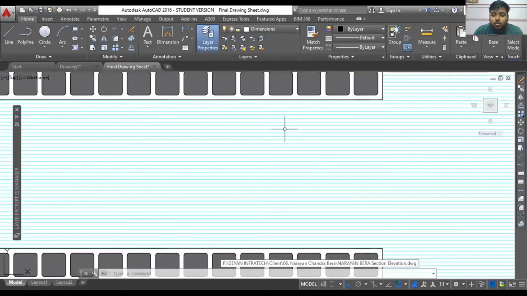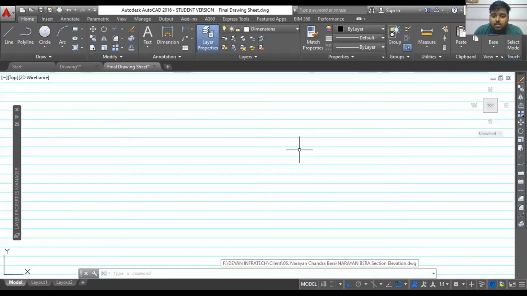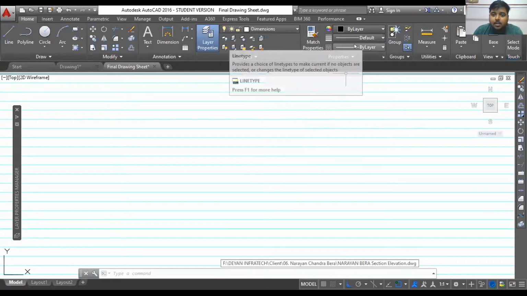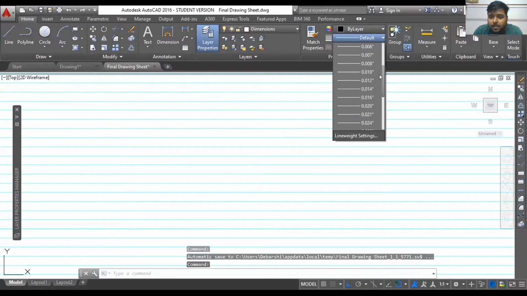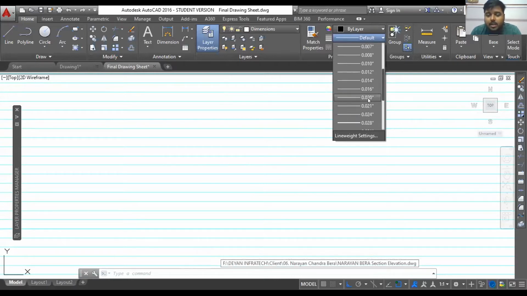So what we had to do was reduce the thicknesses, and with your naked eye you cannot understand the difference between a zero thickness line and a 0.02 inches thickness line.